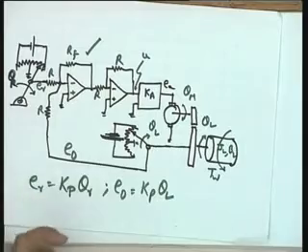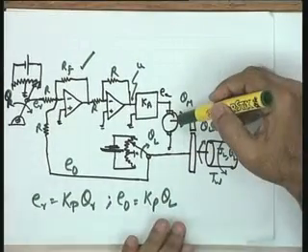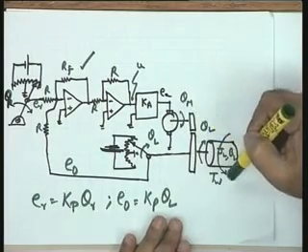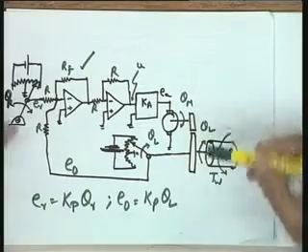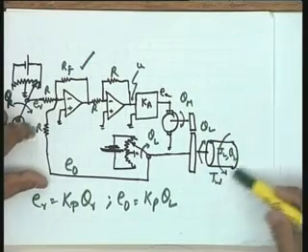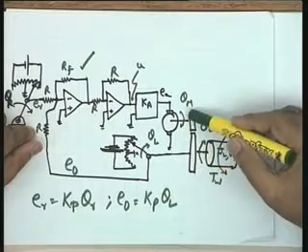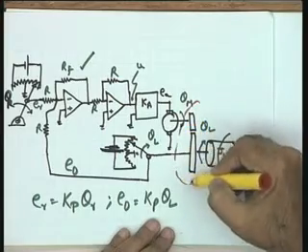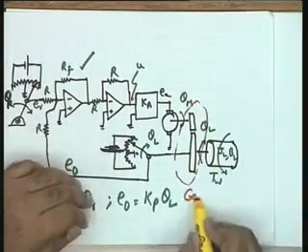Now a point to be noted, that I have not coupled the load directly to the motor shaft. I need your attention here. I have not coupled the load directly to the motor shaft. The reason being that many a times for the movement of the load, I need the speed reduction and the torque magnification. You will find that this particular gear set, this is a set of two gears, there may be a set of more gears. So let me call this a gear train.